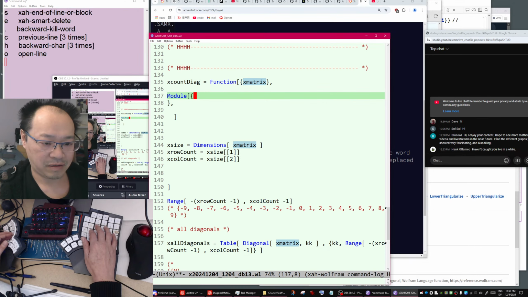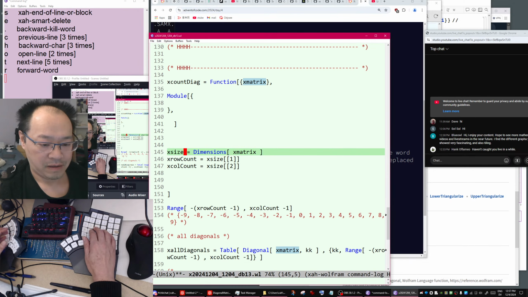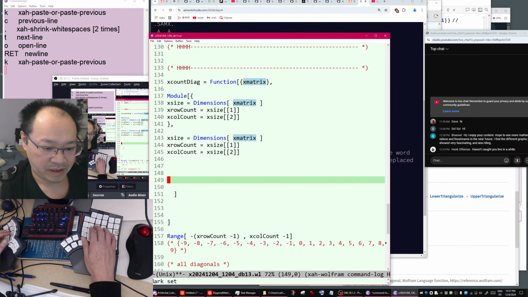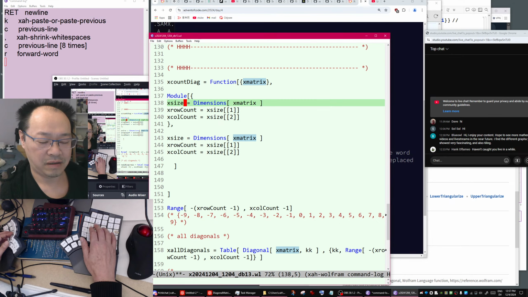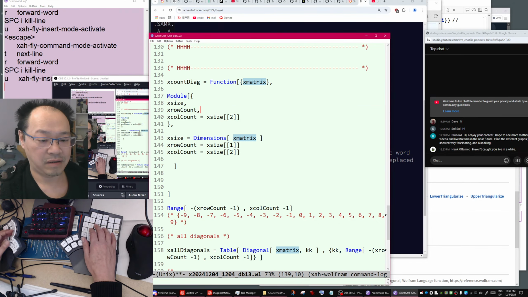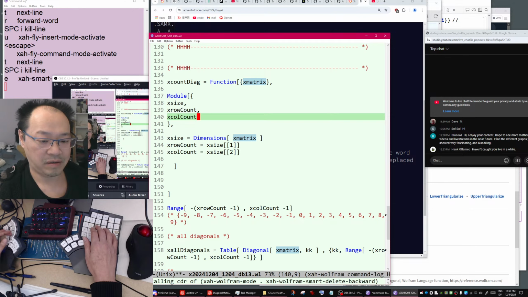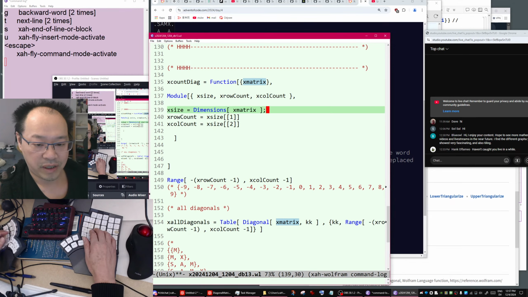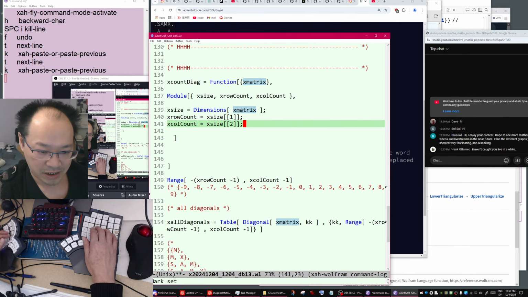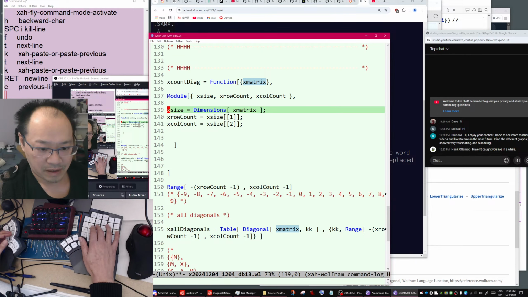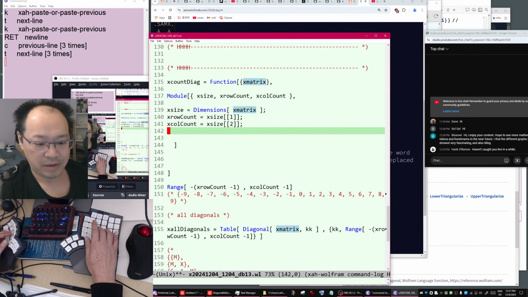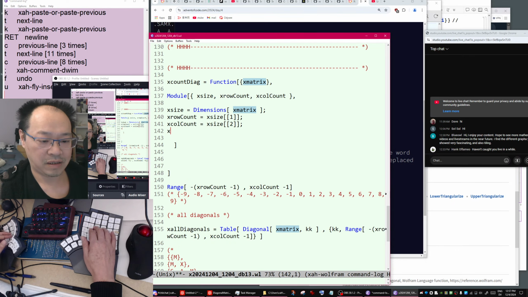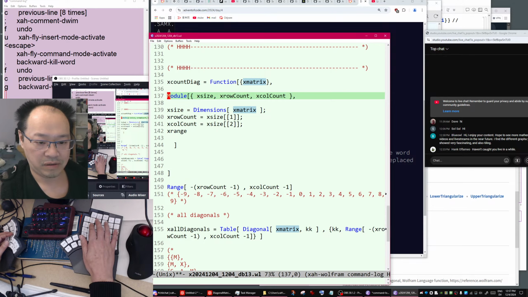Okay, so cut that, put it here. In fact, put the definition here, and let's just have variables here. So you've got 3 variables, then you define each of them individually in the body. You've got matrix size, row count, column count, then you've got range, X range, you need a range.